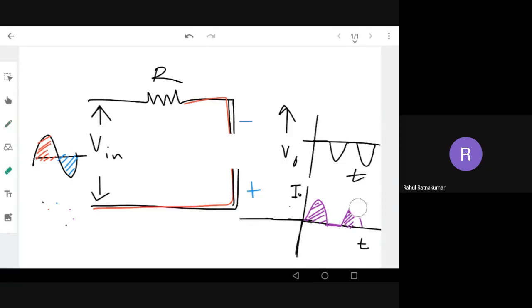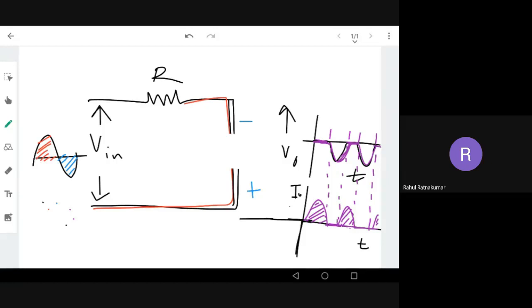Okay, I should compare with the top diagram. It should be like this, something like this. So when the voltage is zero, my current is maximum. The voltage is negative, my current is zero. Again the same thing: voltage is zero, current is maximum; voltage is negative, current is zero. Likewise, this is the same point. If we correlate the graph, you can say this is the same point. You're meeting the graph here. Something like this. I think you're getting what I'm saying.